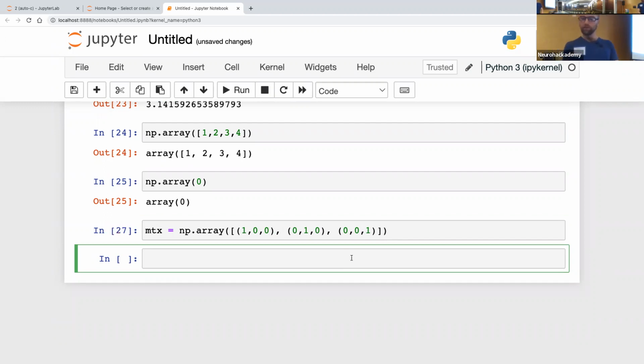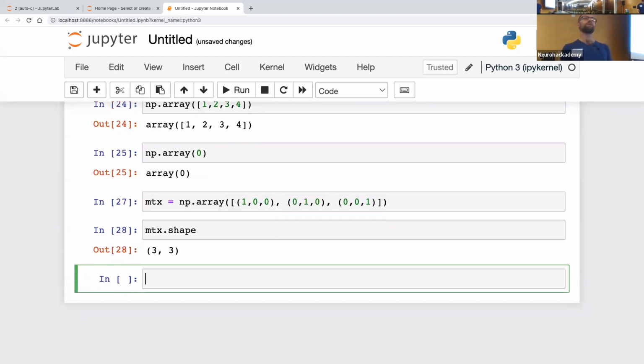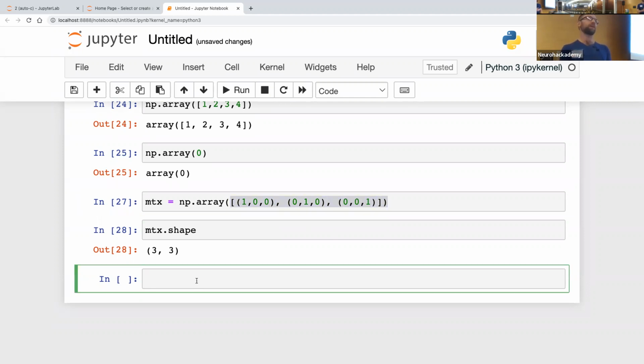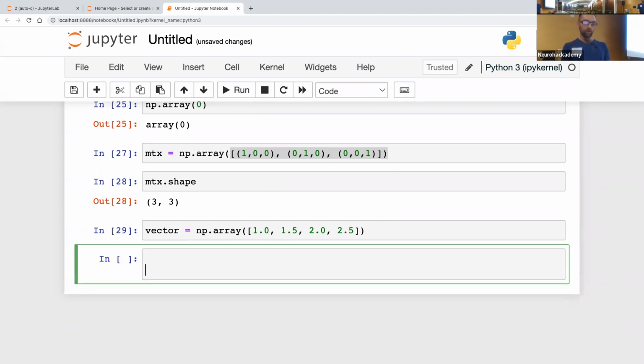So there's a few member variables that arrays track that are very useful. The first one is the array's shape. In this case, the shape of this array is 3 by 3, and that's because this is a 3 by 3 matrix. So this is just telling you the dimensionality of whatever tensor you're looking at. Now, for this vector, here I'm going to make a vector of floating point numbers. If we ask for its shape,